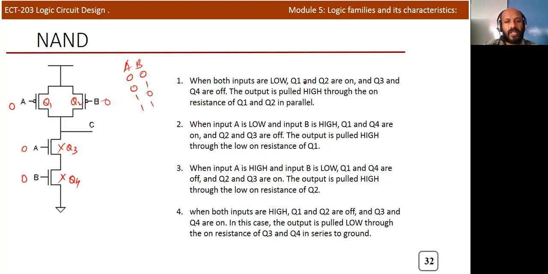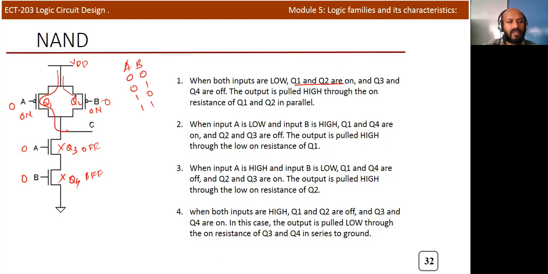In the first case, we know that Q2, Q3 will be on, because for a PMOS transistor, if you apply logic 0, this transistor will be in the on condition. Okay, so the upper transistor will be in the on condition, and the lower transistor will be in the off condition. Okay, this is connected to VDD. Now we can see that the upper transistor on means the VDD will flow like this, and you will get a VDD at the output side.